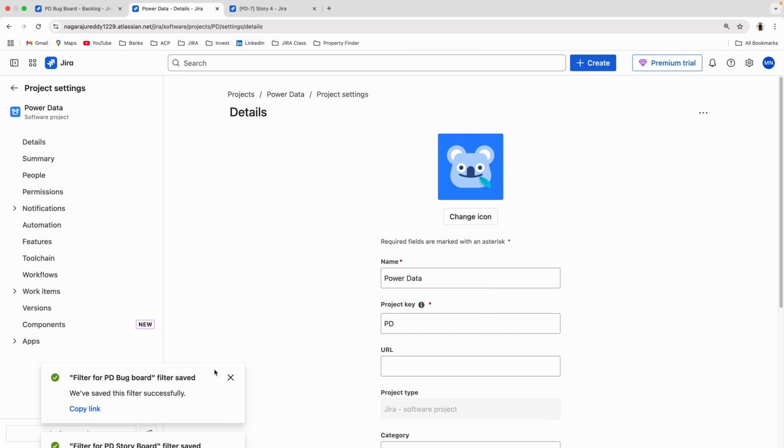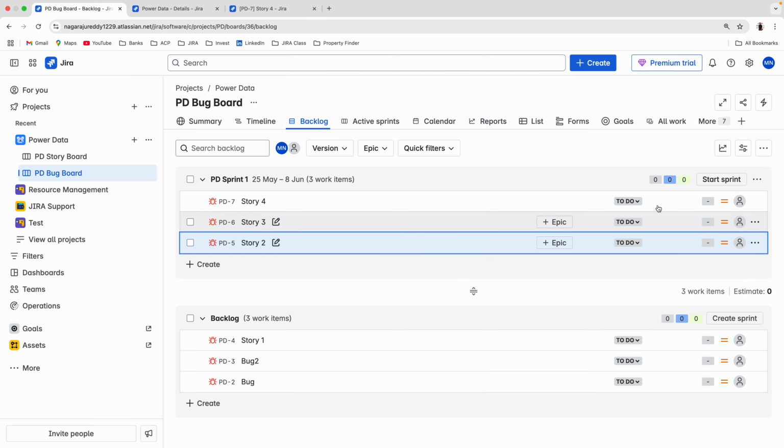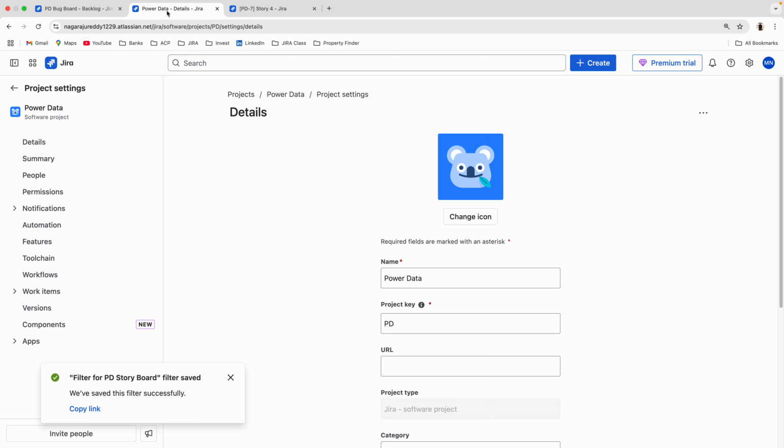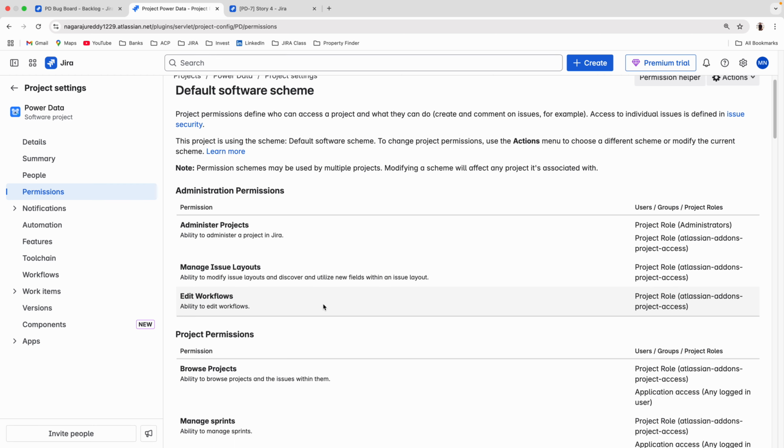project settings. Some people will contact you saying, I'm not able to create a sprint option. I can see the create sprint option, but some people are not able to see the create sprint option. So for that, it's a permissions level. First is